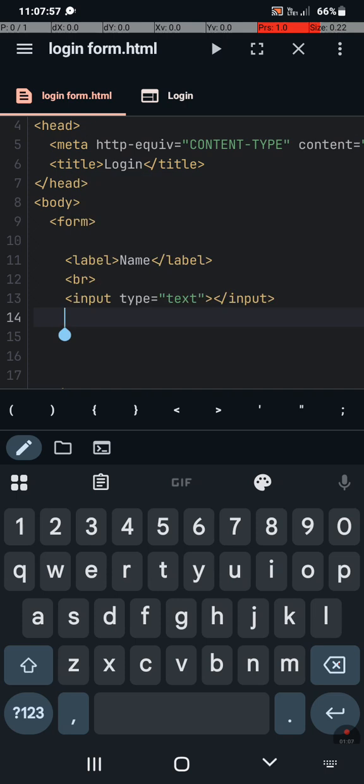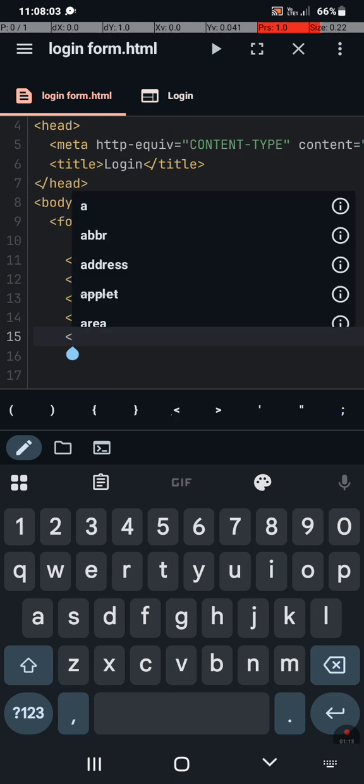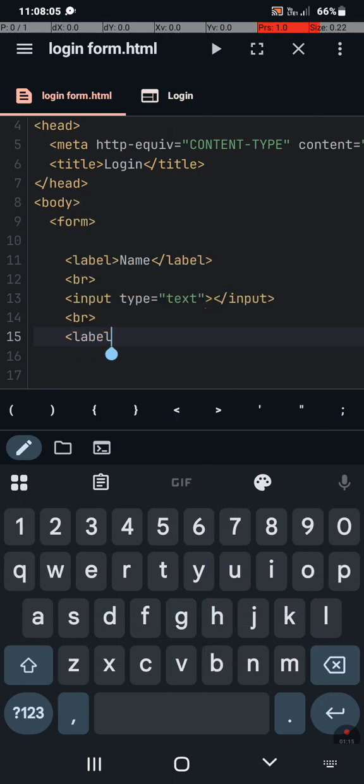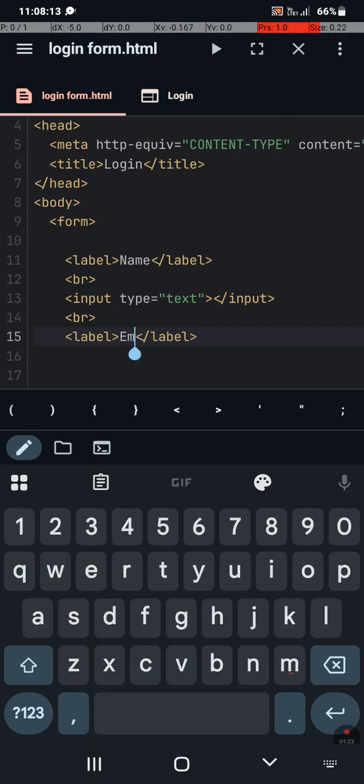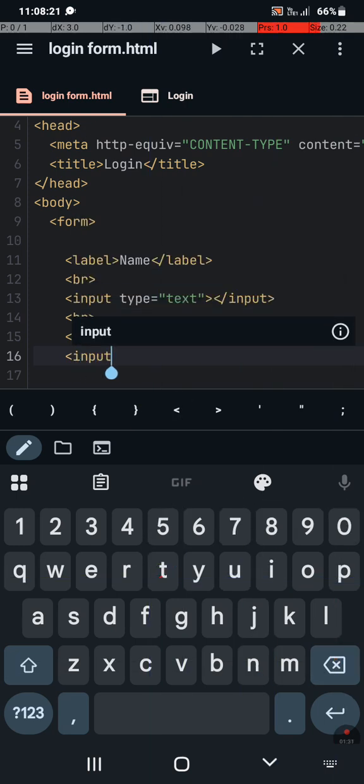another label break. Add the break because it makes everything more organized, easier to manage. Label again, and then enter email, and then the input where the user inputs